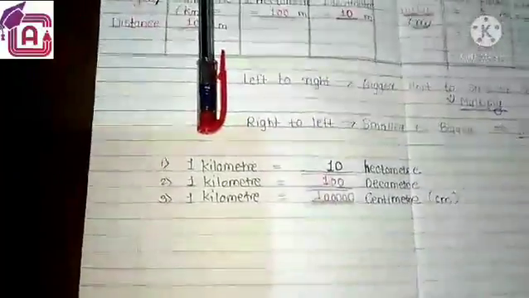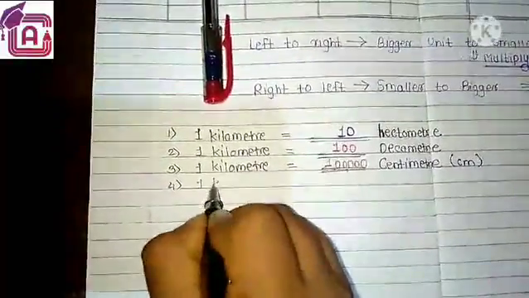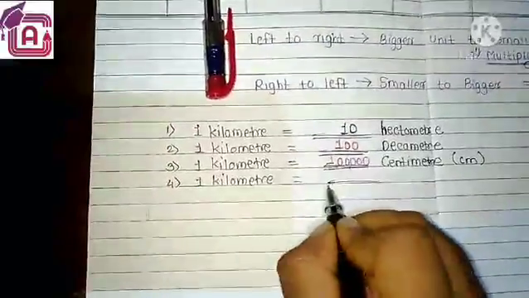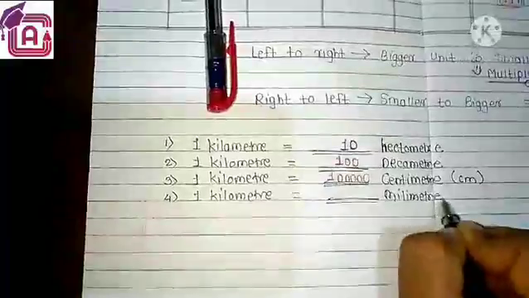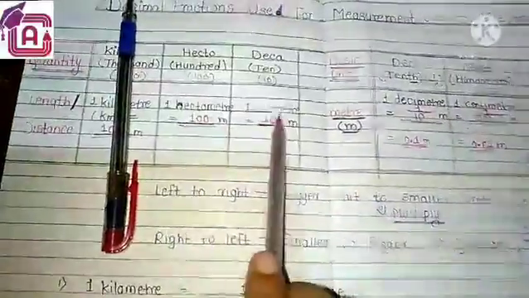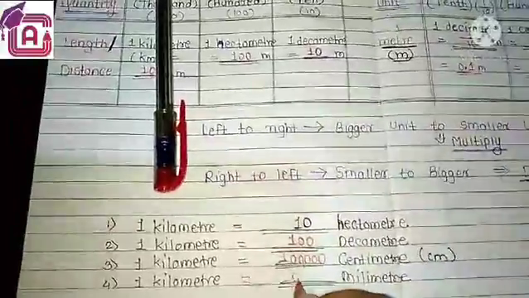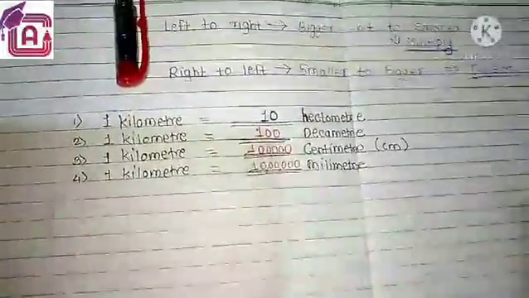If millimeter, we have to calculate. If I am taking 1 kilometer is equal to how many millimeter? So how to calculate? Again, our reference point is kilometer. So calculate the places 1, 2, 3, 4, 5 and 6th place. So write down 6 zeros, and before that write down 1. So amount is 10 lakh millimeter.